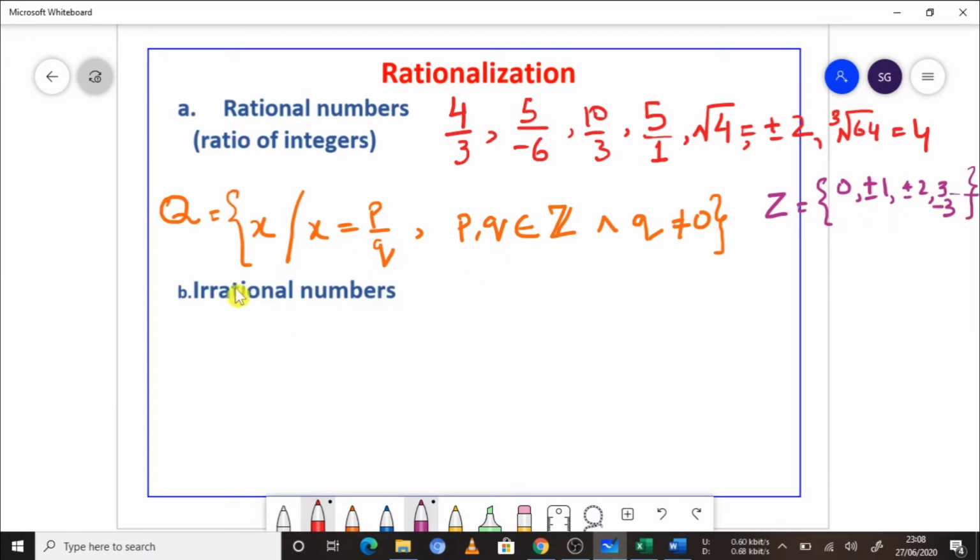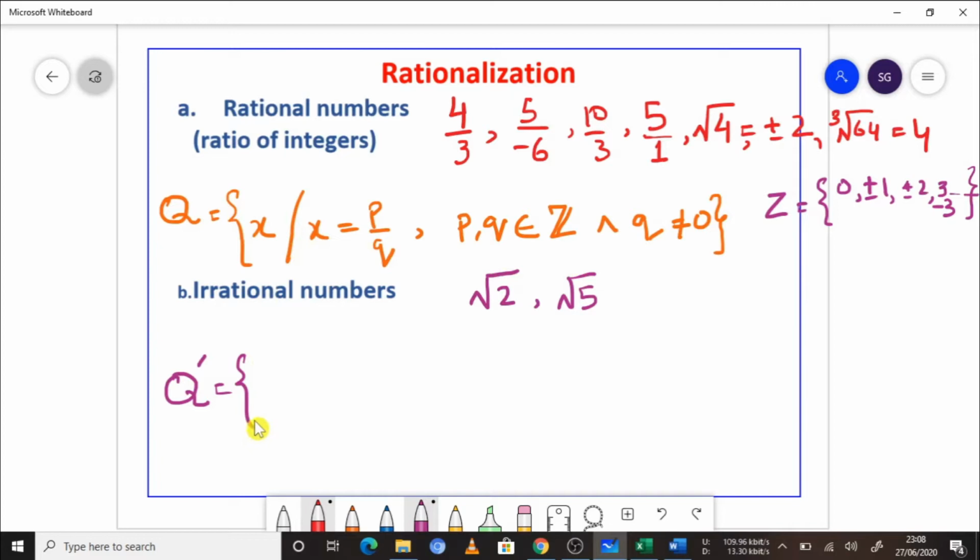On the contrary, if these are rationals, the opposite of that would be irrationals. For example, let's take the square root of 2 or the square root of 5. They will be irrational numbers, and in set builder notation they will be written as Q with a prime, and this dash is called prime. Same statement as above here.